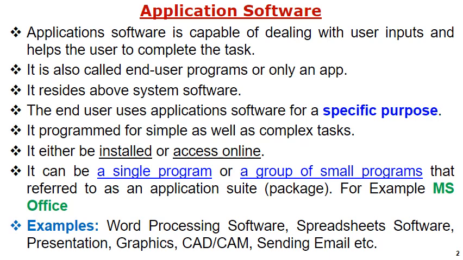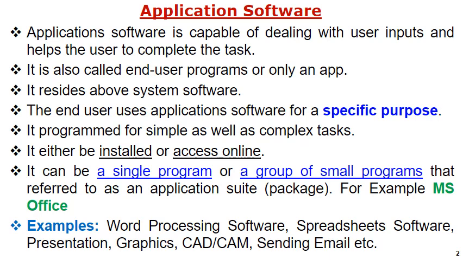It can either be installed or accessed online. It can be installed on your machine and you can access that particular software, or you can directly access it online. For example, MS Word is installed and then used. Online access means, for example, YouTube, which you access online. Income tax return filing, ITR filing, is an online-only, client-server-based software. That is known as accessing online.